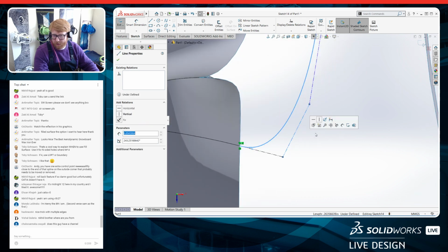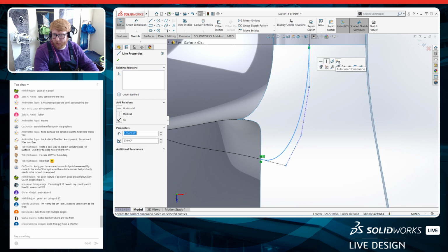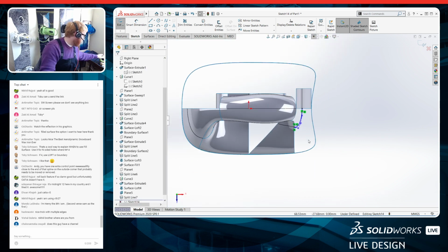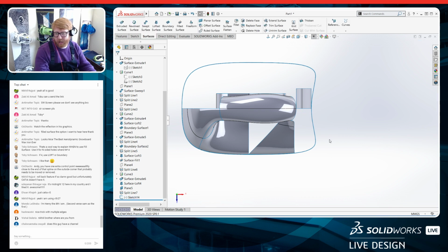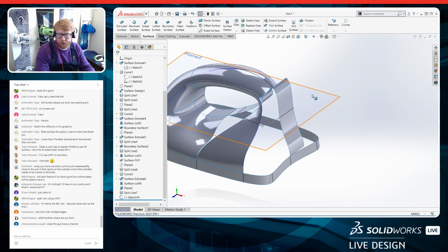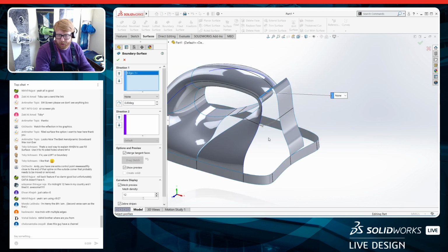So now it does bulge out just a little bit, but not like it was before. Now it's kind of flatter there, and that's actually what it is. It's very flat on the model. So now that I have that sketch, turn on my types, hide this plane, and we'll go boundary from here